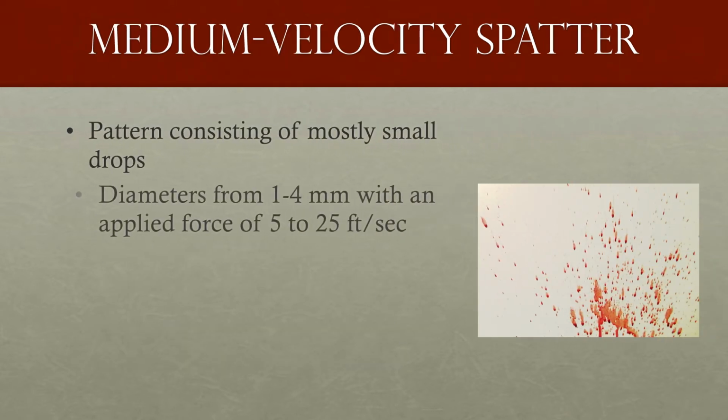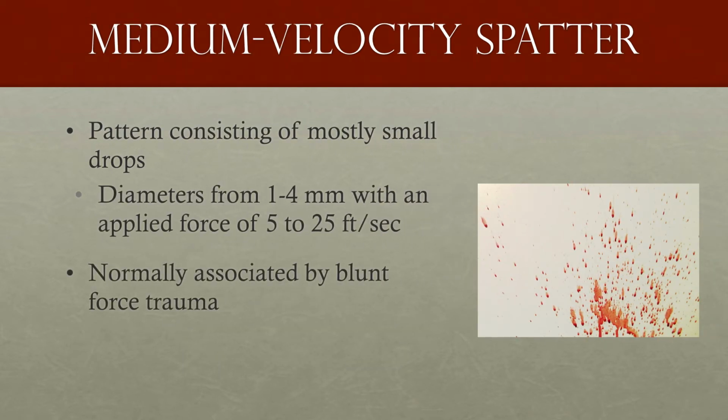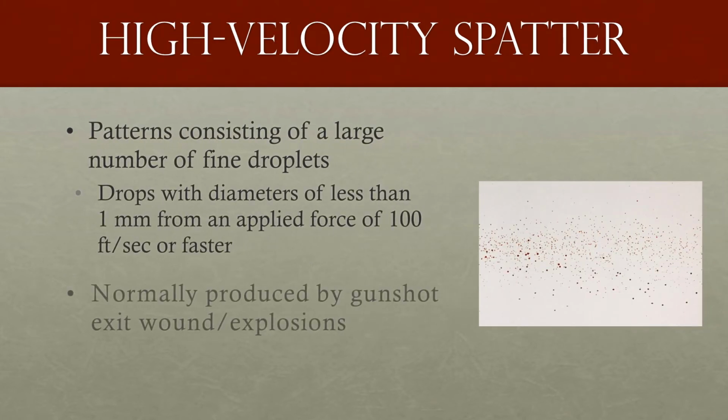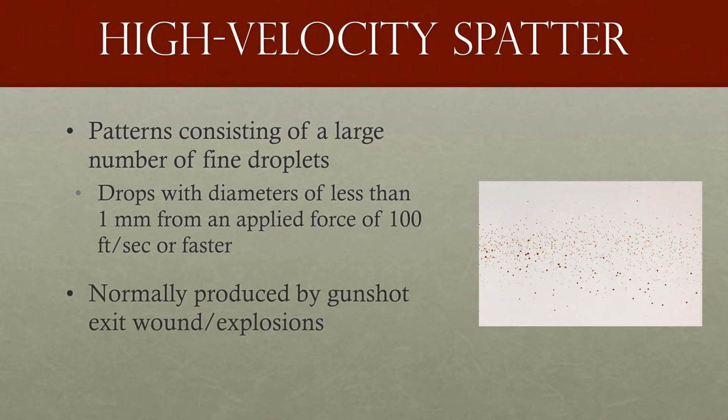Medium velocity spatter consists mostly of small droplets, anywhere from 1 to 4 millimeters, with an applied force of 5 to 25 feet per second. This is normally associated with a blunt force trauma, like being hit with a bat or something of that sort, or even a fist. High velocity spatter, on the other hand, consists of a large number of very fine droplets